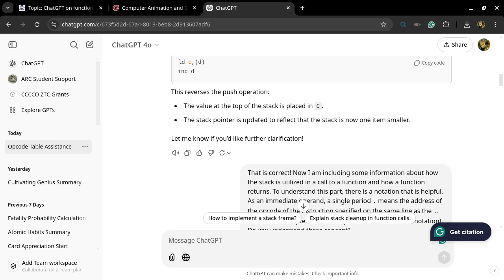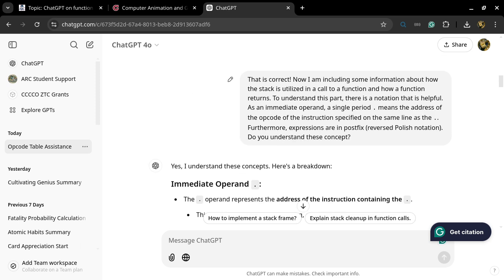So now I confirm that its understanding is correct, and then I said, I use the dot notation, because I'm trying to explain how the dot 6 plus notation works. So I basically said, okay, the dot notation specifies the address of the opcode where the mnemonic is describing. Okay, do you guys have any